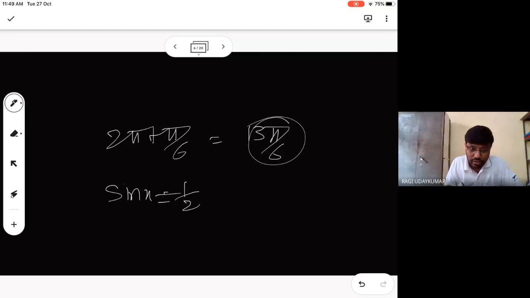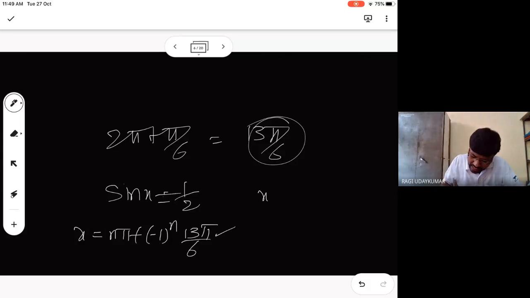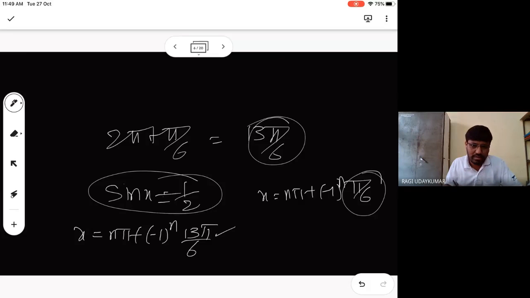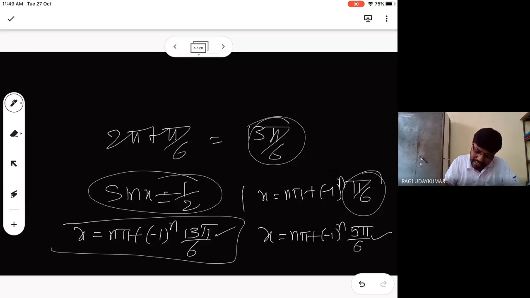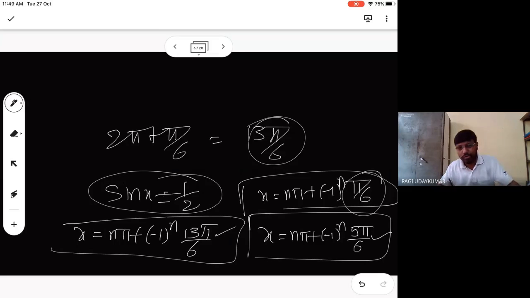for this general solution, if I am asking, I will write x = nπ + (-1)^n · 13π/6. This is correct. Or I can write x = nπ + (-1)^n · π/6, this is also correct because π/6 satisfies it. Or I can write x = nπ + (-1)^n · 5π/6, this is also correct. The general solutions look different,